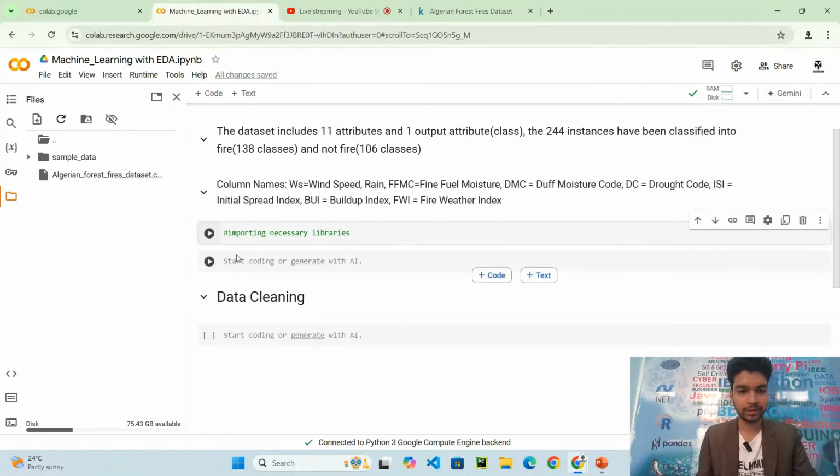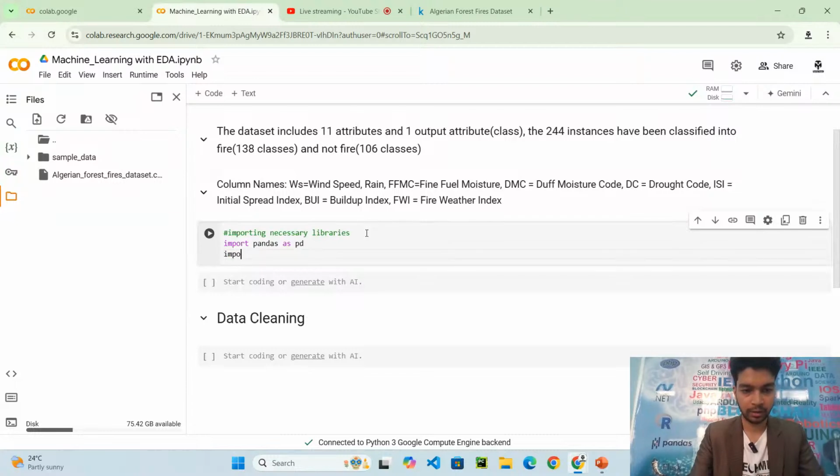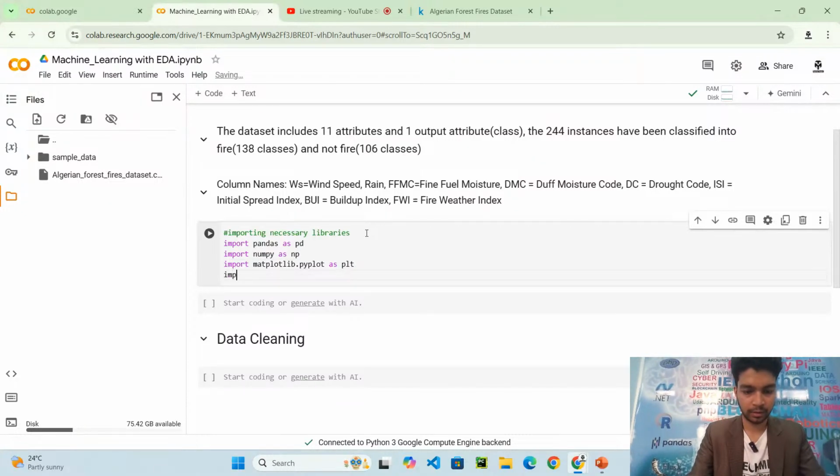First I will import all the necessary libraries that are required to perform today's exercise. First, import pandas as pd, import numpy as np, import matplotlib.pyplot as plt, import seaborn as sns.